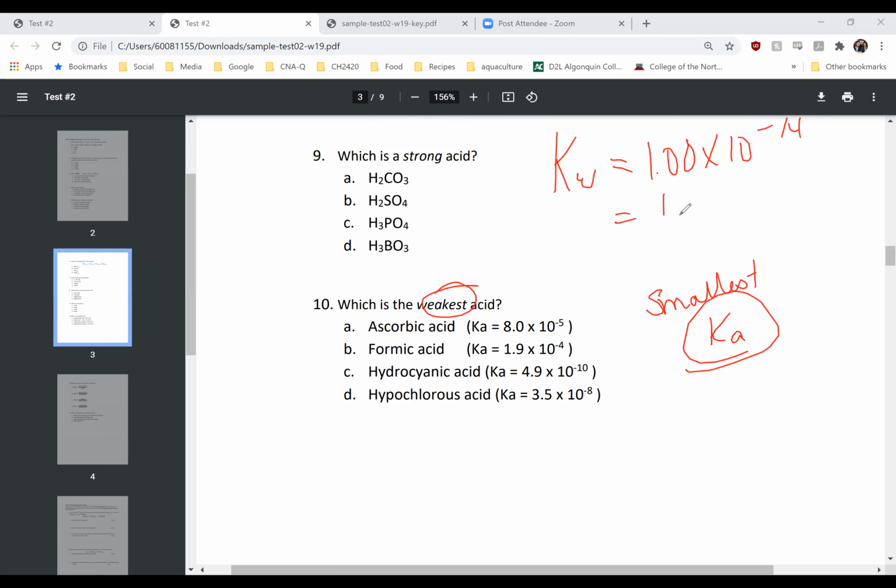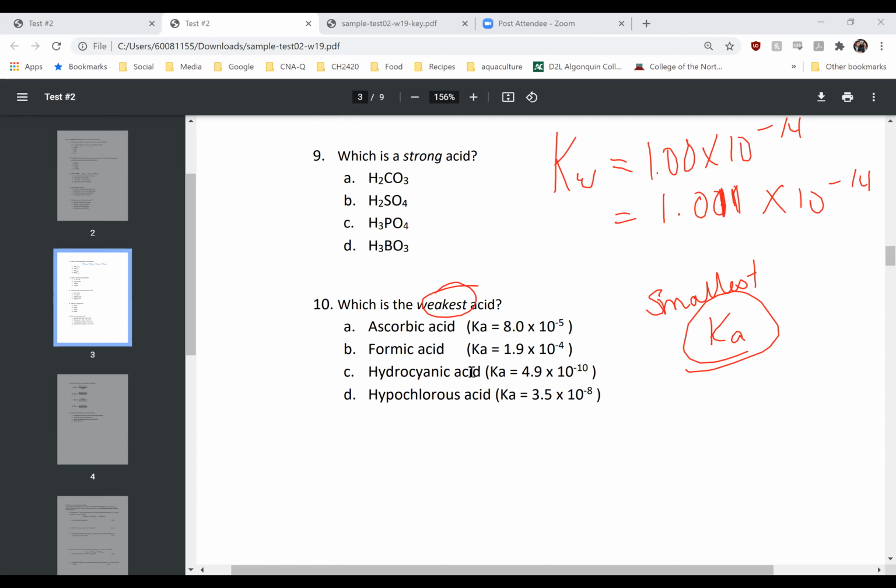But in recent years, if you picked up an old copy of the data booklet, we changed and we use more sig figs now, so it doesn't matter. I don't care if you use 1 or 1.011. It really doesn't matter. So yeah, as Abdul Halim says, for this question, the weakest acid would have the smallest